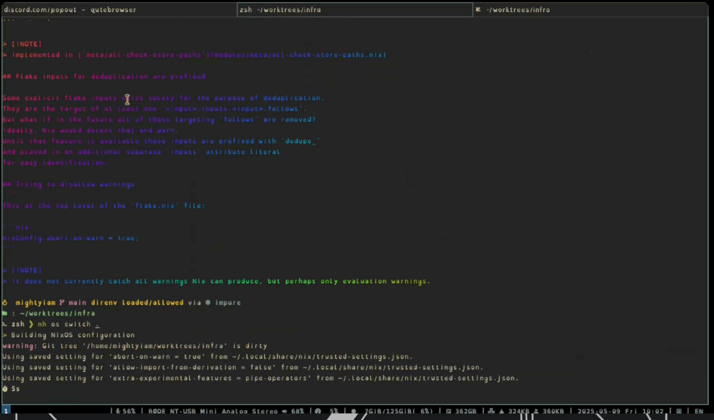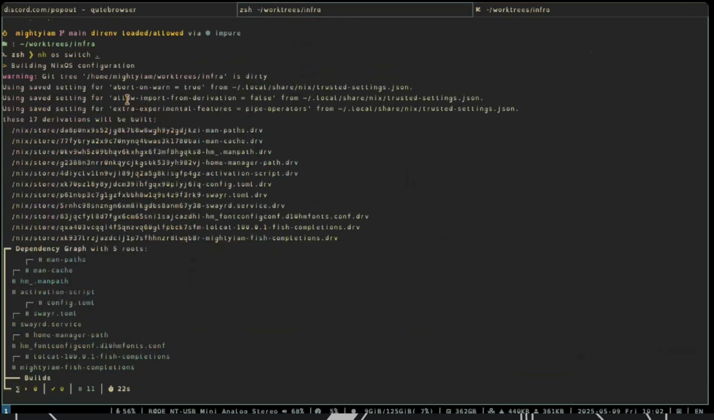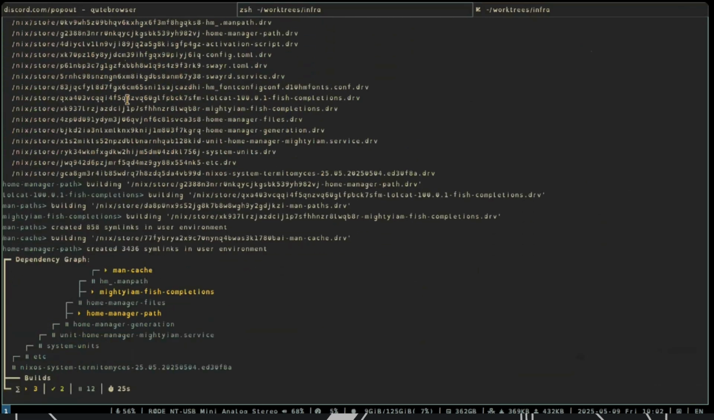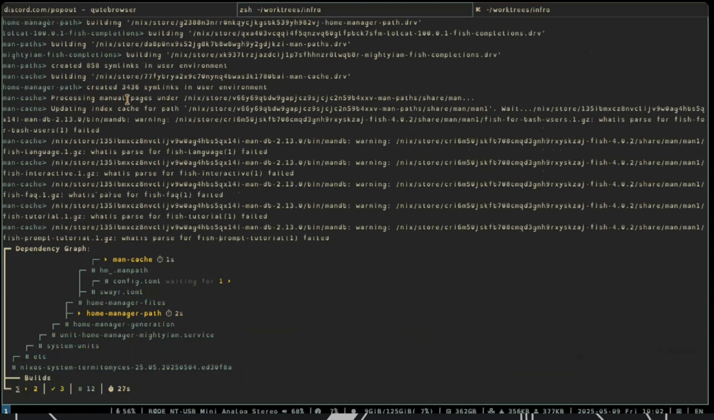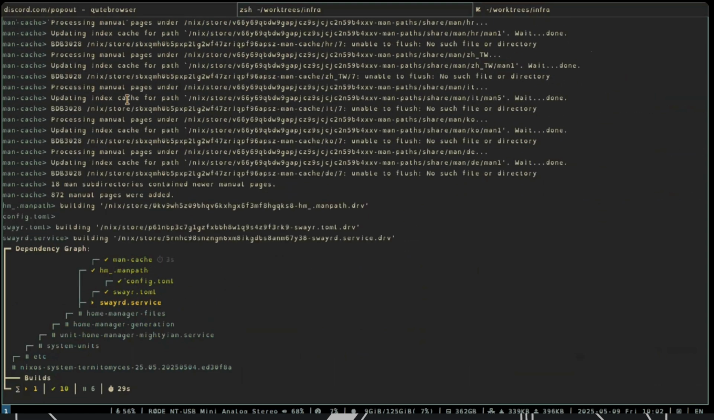One of the downsides of Nix is this evaluation time, because there's a step of evaluating these Nix language files into what's called a derivation. That's before that derivation is built. Now that's finished, and now the derivation's being built. You can see a nice tree here,